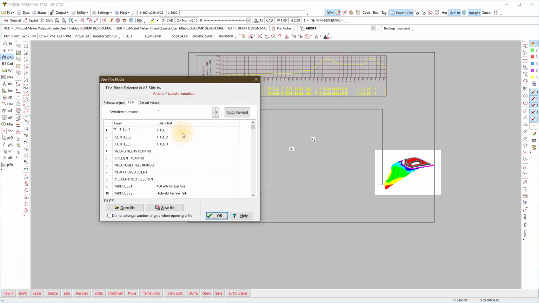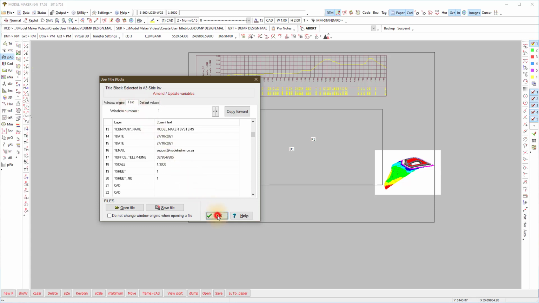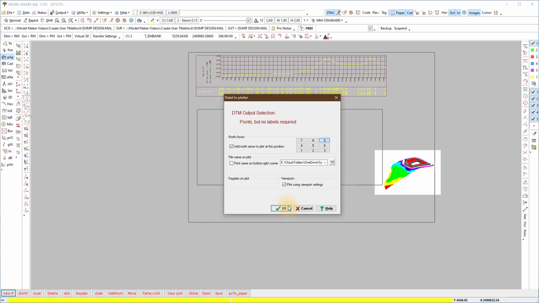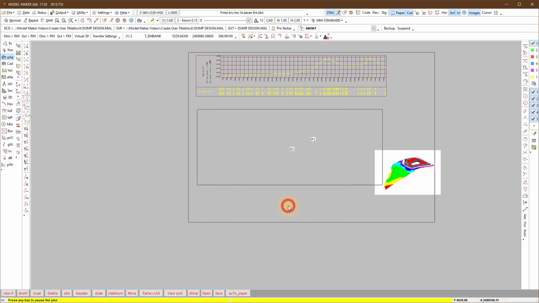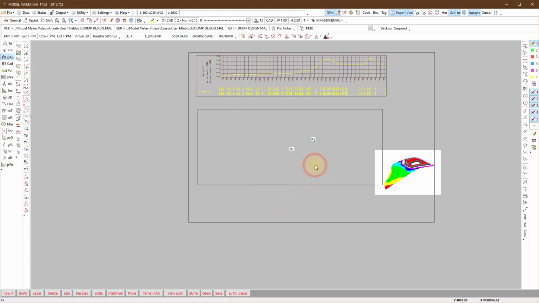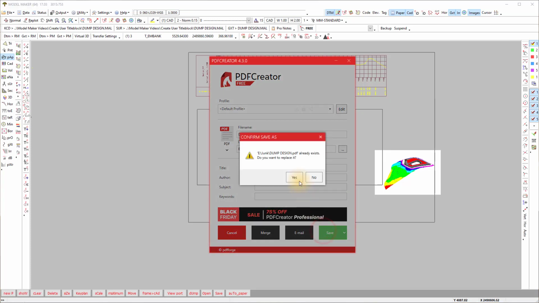I can change or delete any of the information to be correct for the new paper window. Because it is a PDF printer, I save the PDF again.